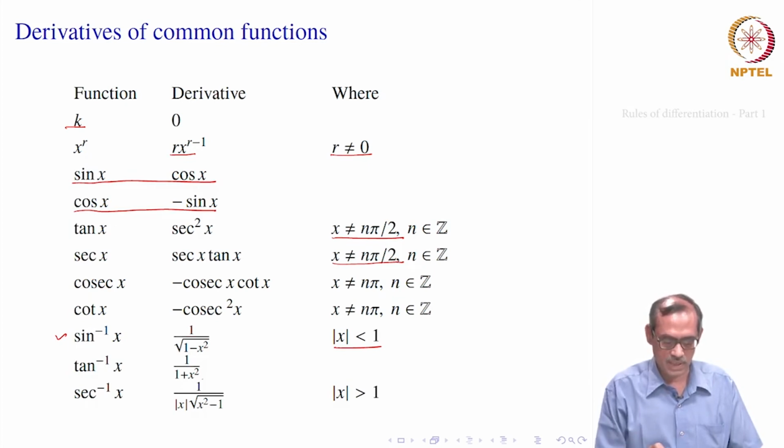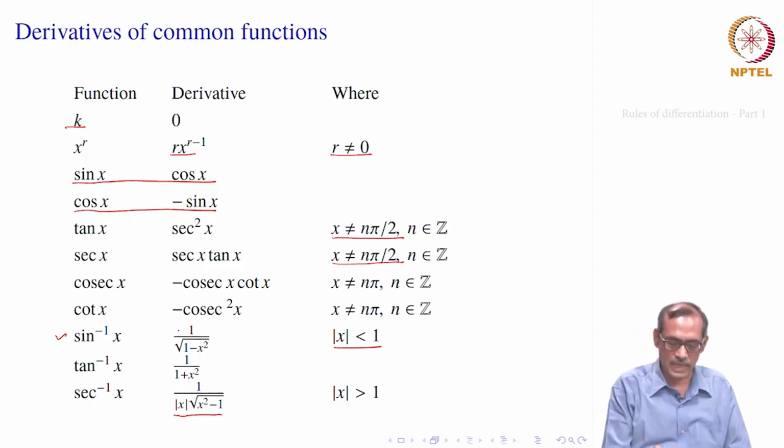Similarly, if you take tan inverse x, its derivative is 1 divided by 1 plus x square for every x. And secant inverse x, its derivative is 1 divided by mod x into square root of x square minus 1. So, when you go to cos inverse x, it will have a negative sign, because cos inverse x equals pi by 2 minus sin inverse x. So, a minus sign will come, the derivative of pi by 2 is 0. Similarly, if you take cot inverse x, there will be a minus sign here. For the cosec inverse x derivative, there will be a minus sign here. Okay. This is for mod x bigger than 1.